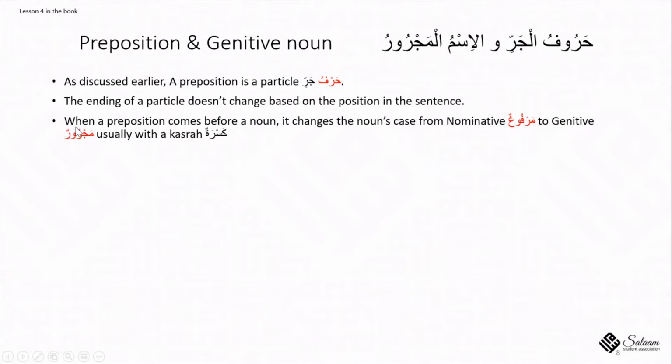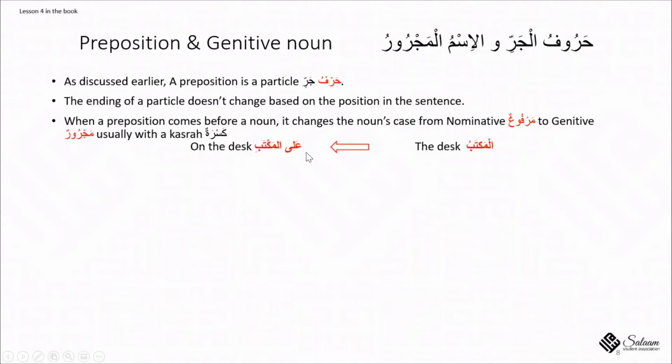Now, this information is a repeated one. When the preposition comes before a noun, it changes the noun case from marfu' to genitive, which is majroor, usually with kasra at the end. This is an example. If I have the word al-maktabu, the desk, and I use the preposition ala, which is on,